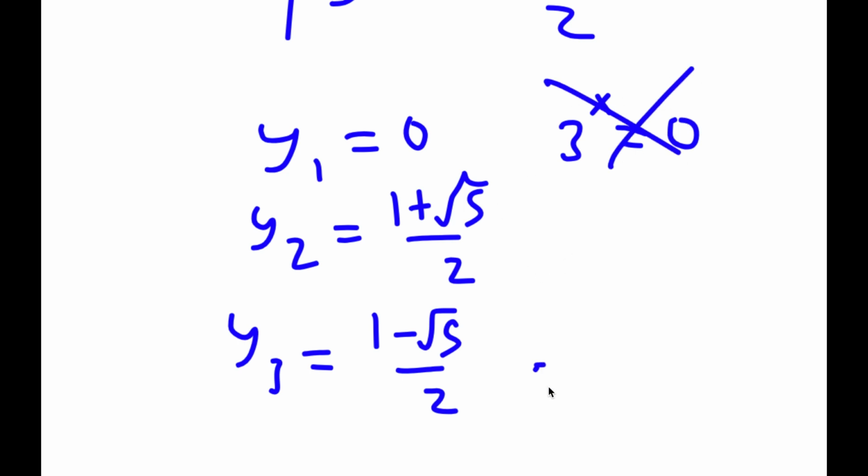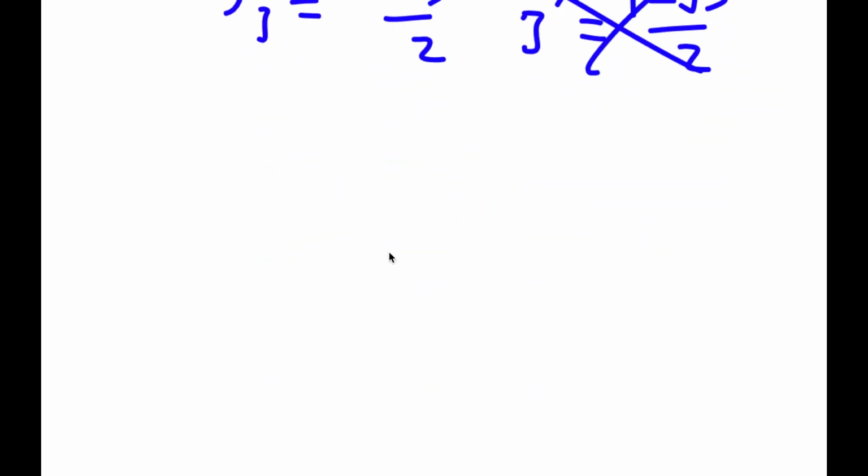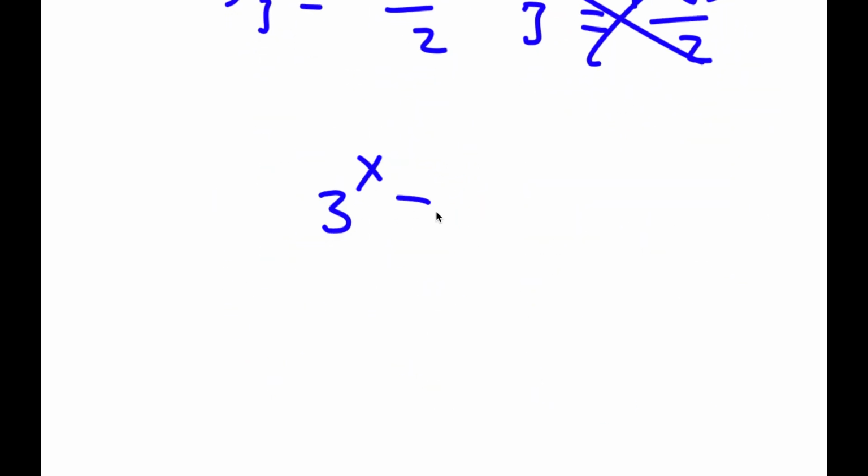Now I have 3 to the power of x is equal to 1 minus the square root of 5 over 2, and 1 minus the square root of 5, that's going to be a negative number, and you can't take the power of a positive number and make it a negative number, so this is wrong as well. So I'm left with 3 to the power of x is equal to 1 plus the square root of 5 over 2. So to solve this,